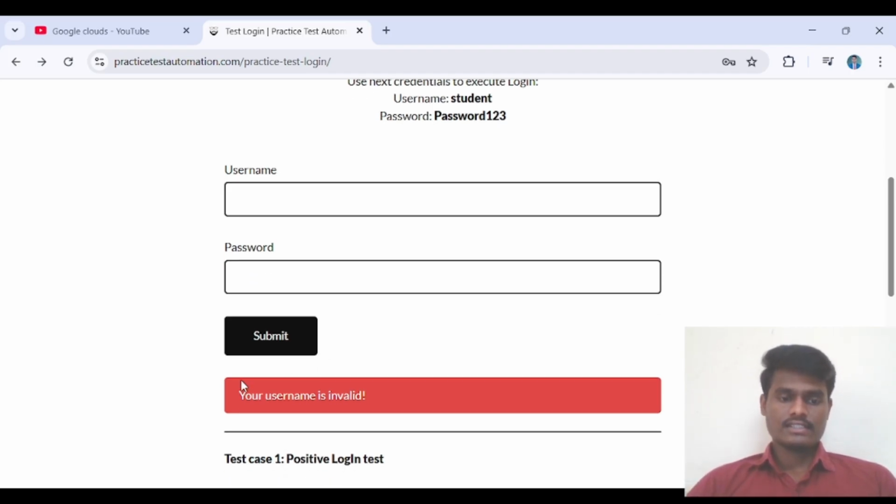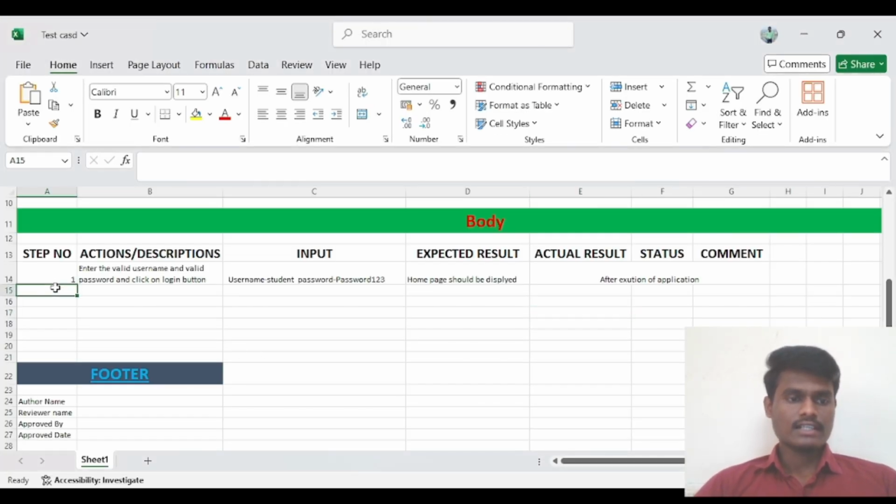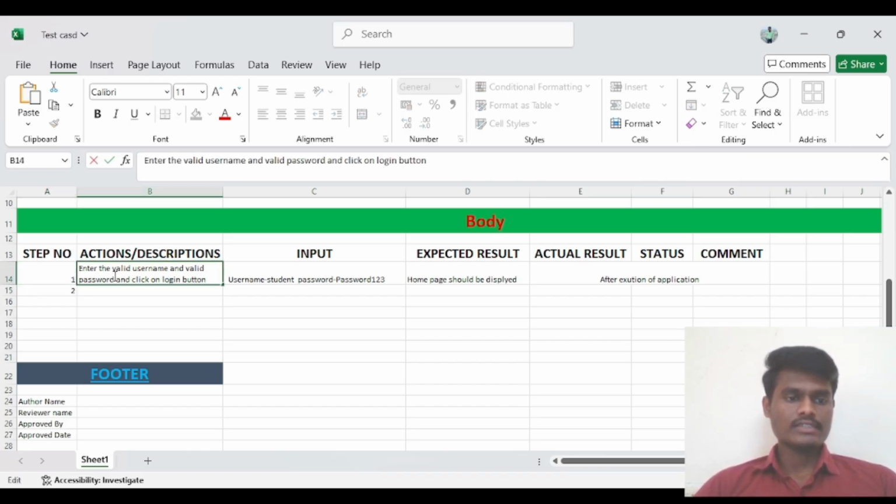See, your username is invalid. Same like that, for that we have to write a test case. So I will share my screen. For that we have to write step number 2. Here we have to write what?